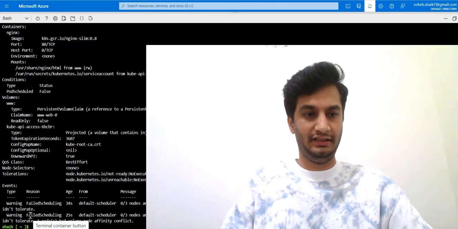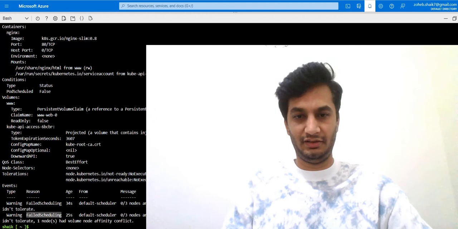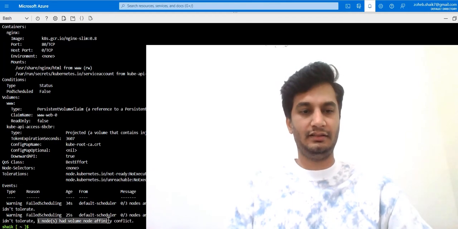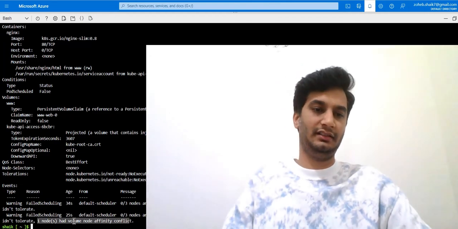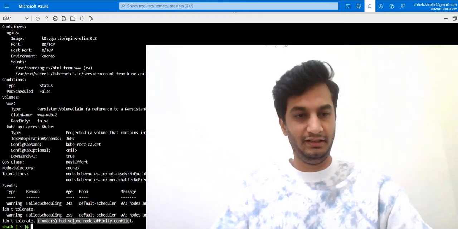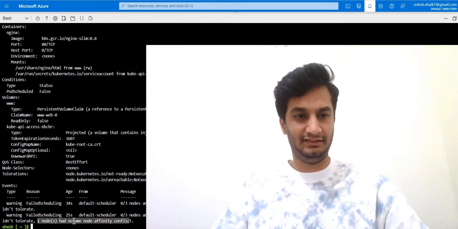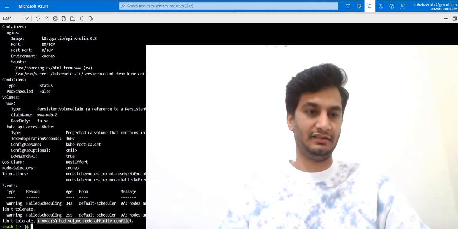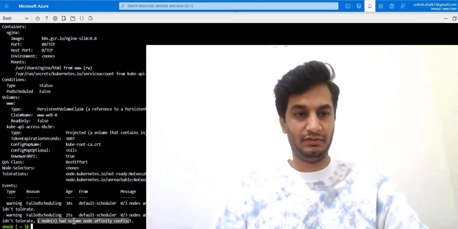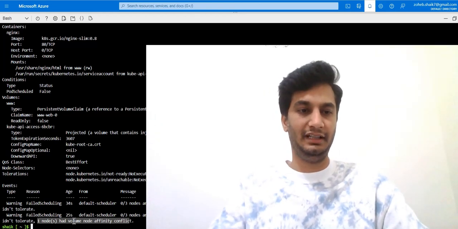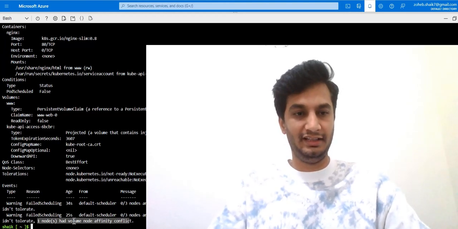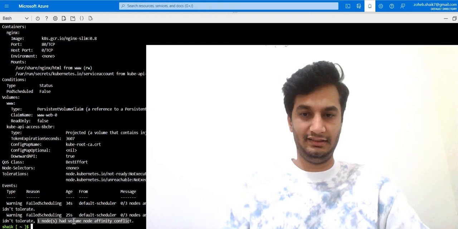Yeah, here if you see, our Kubernetes scheduler is not able to schedule it. Why? Because one node had a node affinity conflict. It means the scheduler is not able to attach that existing PVC to this pod. Why? Because that existing PVC was under no AZ. Now we are trying to add it to a multi AZ. So there is a conflict. We should clearly understand this. A no-AZ PVC cannot be used for multi AZs.